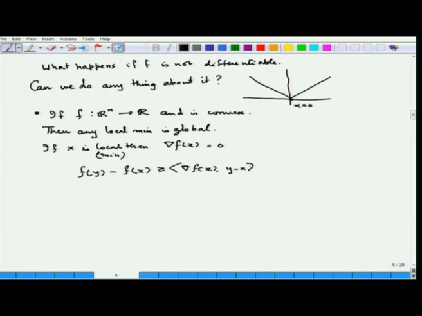Now, once you plug in grad f x equal to 0, that will give you 0. That will show that f of y is greater than or equal to f of x for all y. So, showing that f x is a real minimum. Now, this also triggers this expression f y minus f x is greater than equal to grad f x into y minus x. This also triggers a slight generalization of the notion of convexity, because if you observe, if I take this,